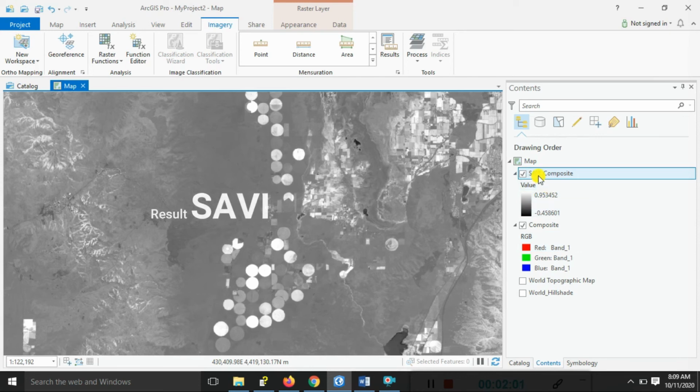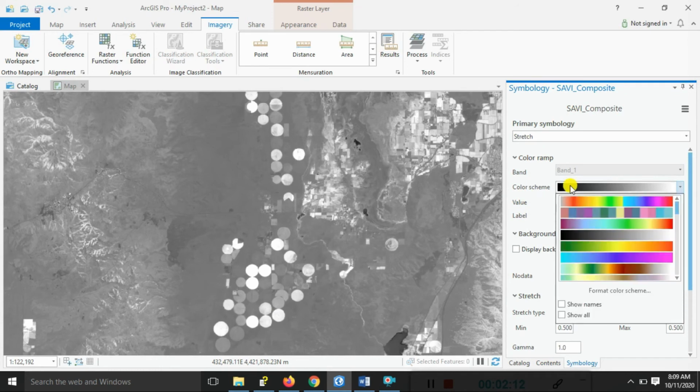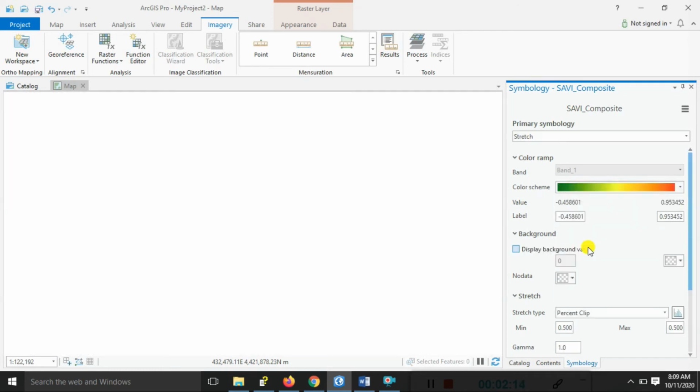You can look here, the result is displaying. Just uncheck the composite band and click on that. You can go to the symbology options and select your color scheme. Just select here.